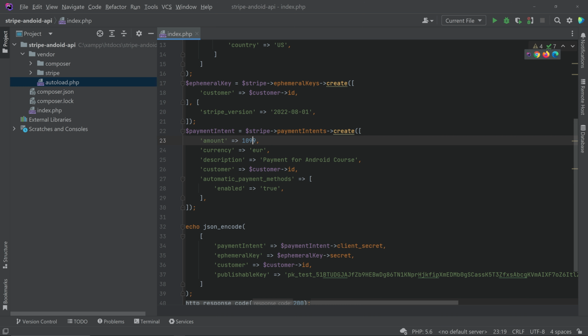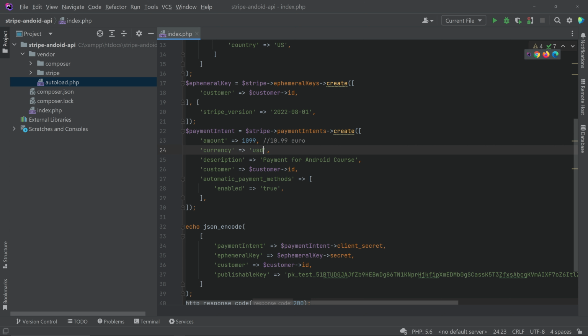Now here you can specify the amount. This will be shown like 10.99 euro. Okay, you can see that this will be the amount that will be showing on the app. So you have to multiply the actual amount by 100, then you will get the exact amount. So if you want to give 100 as the amount, then you can give 100 into 100. Then if you run the app, you will get the exact amount, that is 100. Okay, now let's change the amount to the previous one. Now here you can specify the currency. Let's change this to USD.